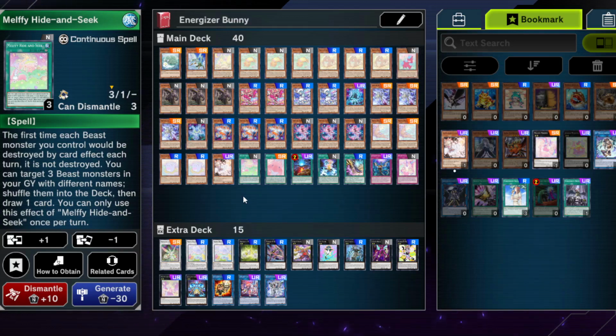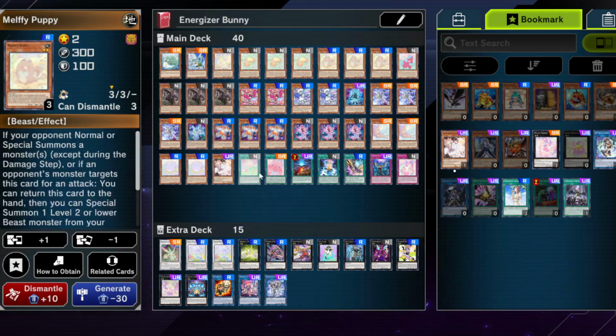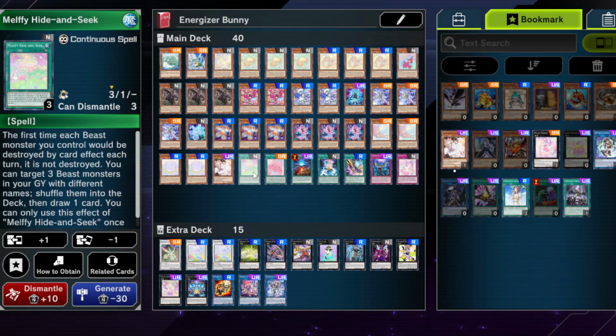And you also have the second effect that you can target 3 beast monsters in your graveyard with different names, shuffle them into the deck, and then draw 1 card. Very helpful to actually recycle some of the extra deck stuff, so that's nice. And also very helpful to get things like Kalantosa back into your deck if you want to use it with Melffy Puppy. It's not too hard to pull off, and it is searchable in this deck,